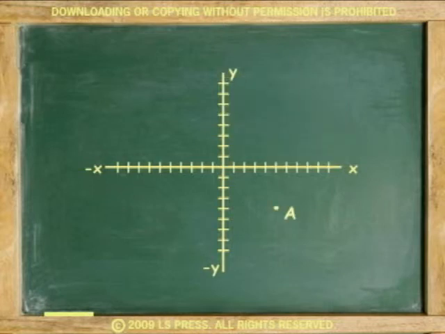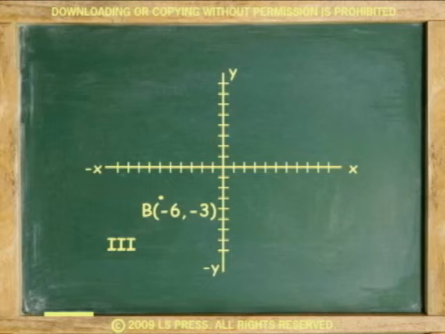For example, write a set of coordinates for the points shown in the graph. Point A is 5 units to the right and -4 units down. Its location is in the 4th quadrant. (5, -4). Point B is -6 units on the x-axis and -3 units along the y-axis, placing it in the